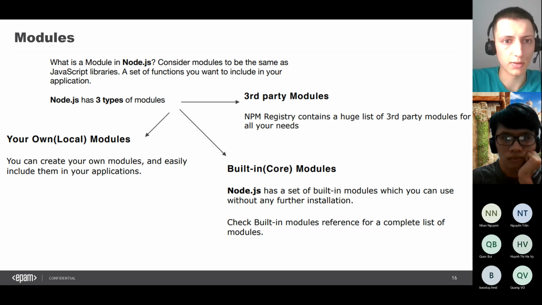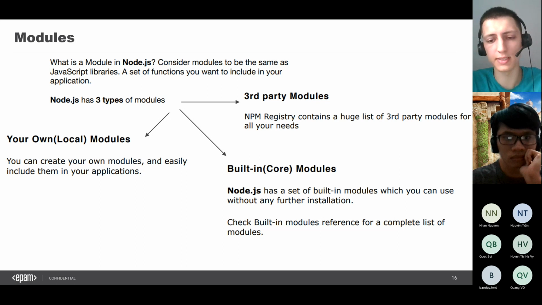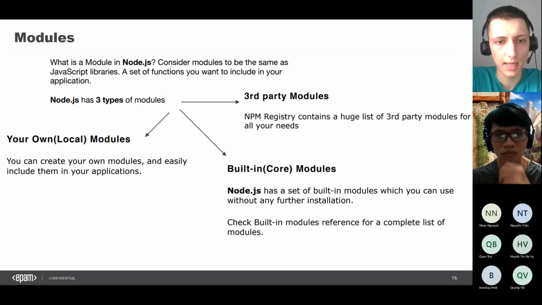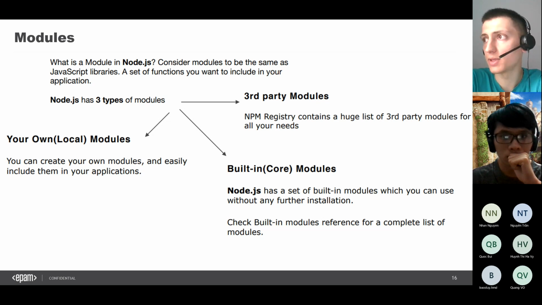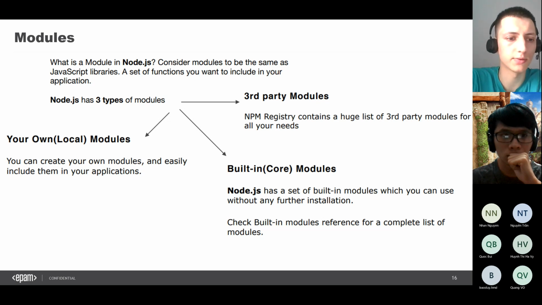That's about local modules. Also, we have third-party modules. You can install these modules from npm. For example, when you want to create a Node.js application and you'd like to use some framework, or some code that someone already implemented, or some library, all of this stuff you can install from npm.